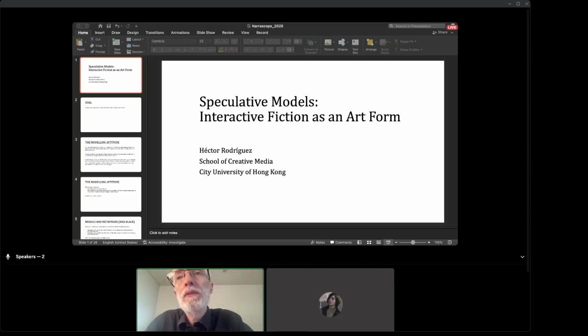Now, I want to develop this idea with reference to the work of a philosopher, Max Black, who compared models with metaphors. He said, by thinking about metaphors, we can understand how models work. And basically, Black wanted to oppose any concept of metaphor that emphasizes resemblance or similarity. Take, for example, the metaphor, human beings are wolves.